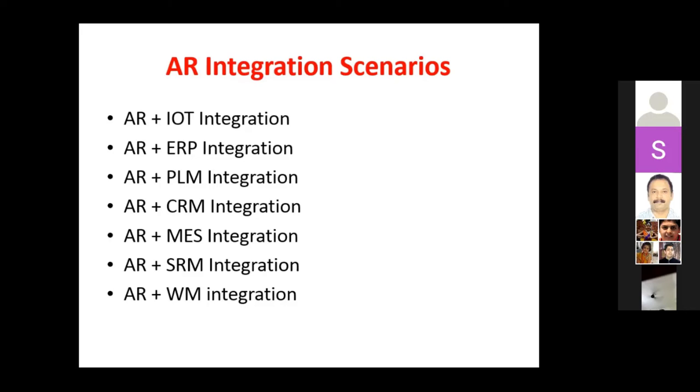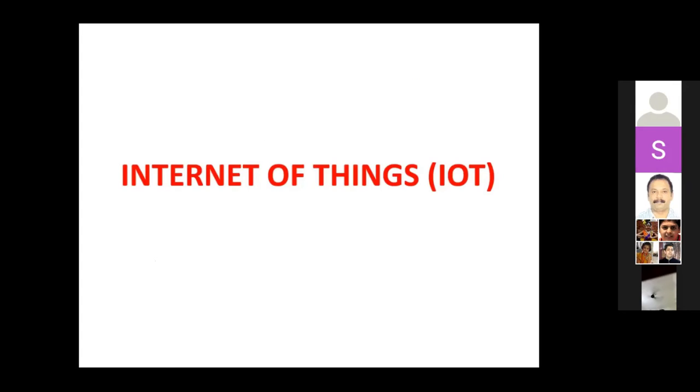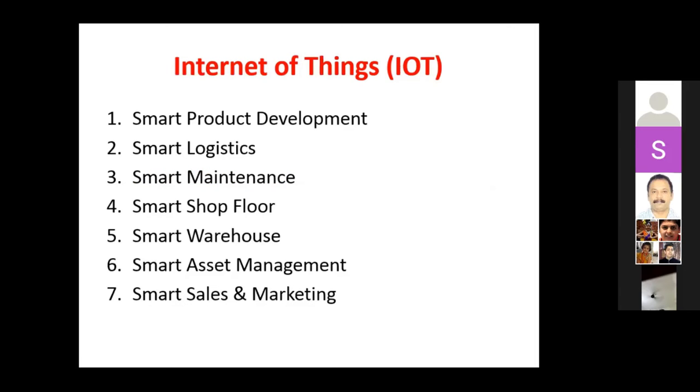So at SPC, we have developed a smart system by integrating augmented reality and IoT as a solution for remote maintenance. Internet of Things is another technology which everybody might be aware of. This is a technology which is going to make a huge difference. IoT plus cloud computing is a very deadly combination. Cloud computing is the central technology which I feel has helped to come up with this fourth